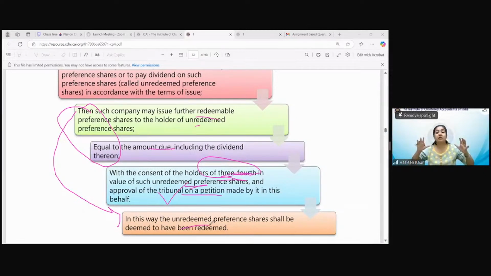जो unredeemed preference shares थे वो मान लिया जाएगा कि वो redeem हो गए. See, listen very carefully. एक होता है, I want to pay back 20 lakh rupees. I will issue the proceeds, fresh shares in the market. I will get the money. I will repay my 20 lakh rupees. Everyone is clear on that? Premium amount also is clear how we will pay. And this 20 lakh CRR is also created. This is also clear. But now my company is not having money to pay this 20 lakh.